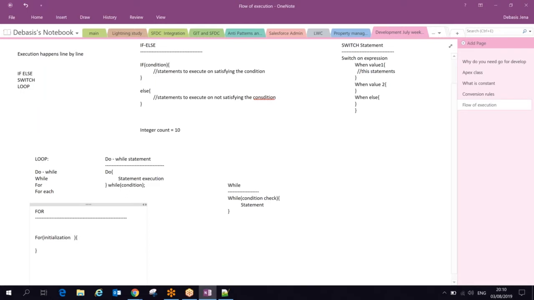First, then I can give my semicolon. Then I can do my condition check here. Then I can do my increment or decrement like this. Then I can write the statement I want to execute like this.